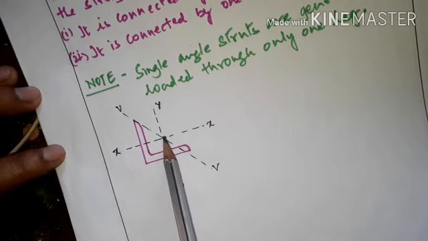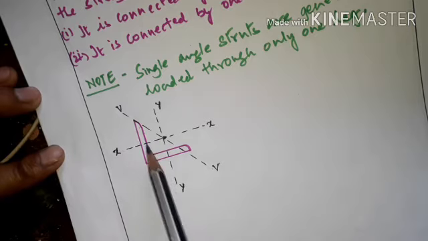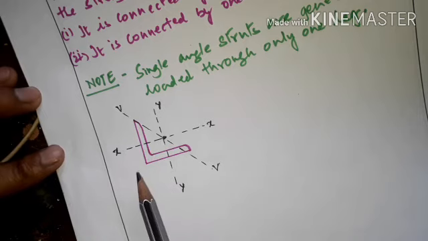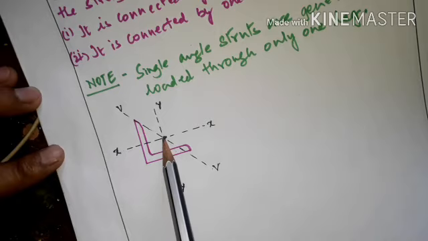Okay, means if we apply force here, it is neither carried by this leg nor this leg because it is away from the member. So we have to load our angle section through either this leg or this leg. That time what will happen? Our compression member is carrying a force eccentrically, not concentrically. What is concentric and eccentric? If the force is carried by the member exactly through the centroidal axis, it is called a concentrically loaded compression member.